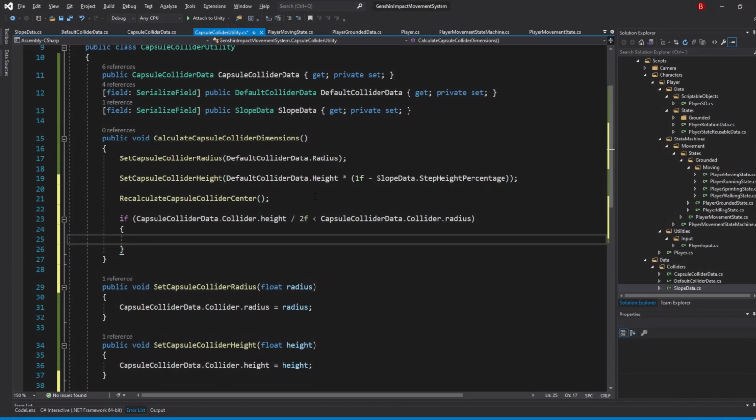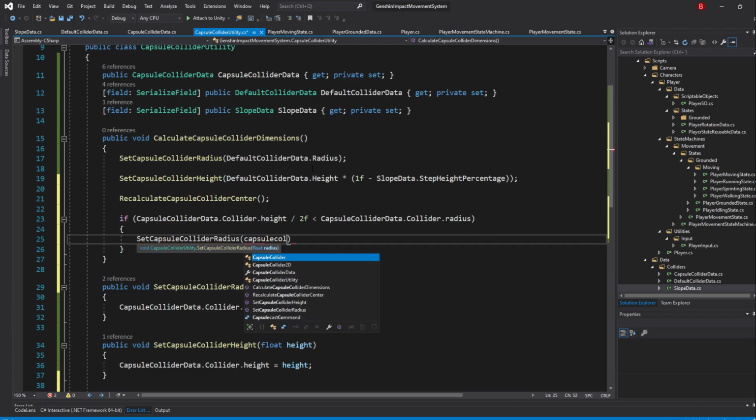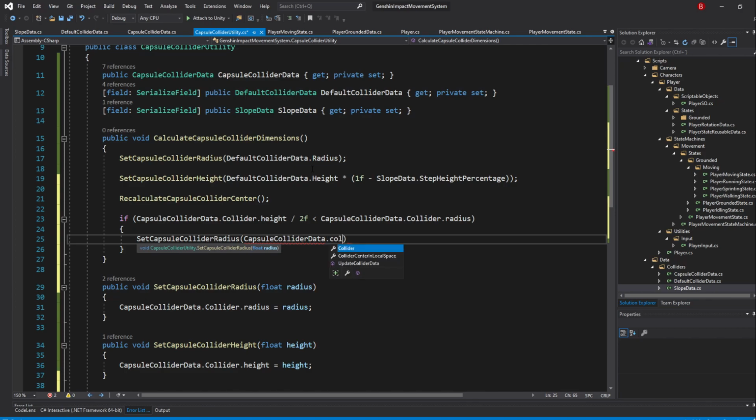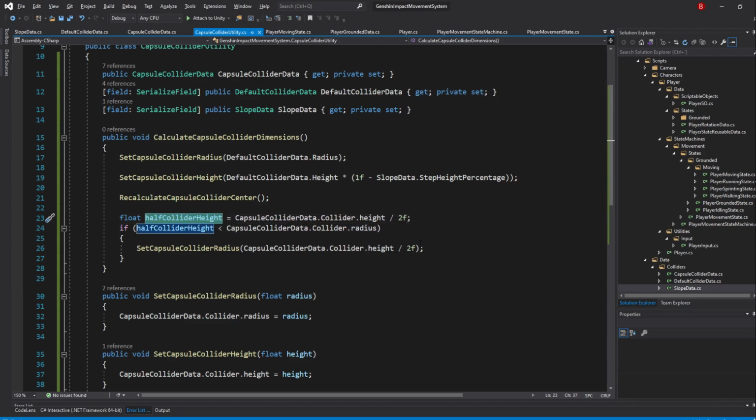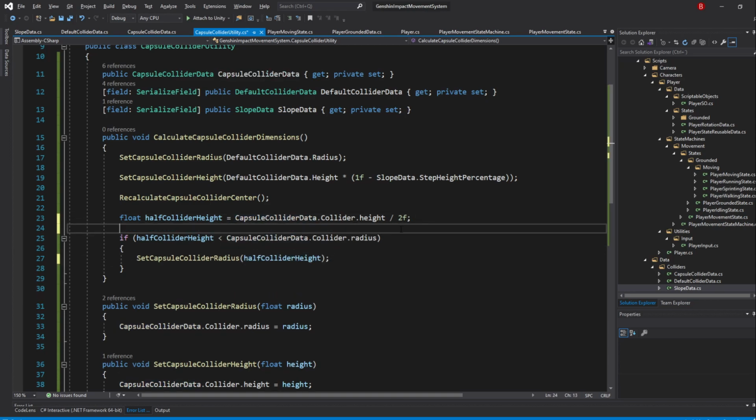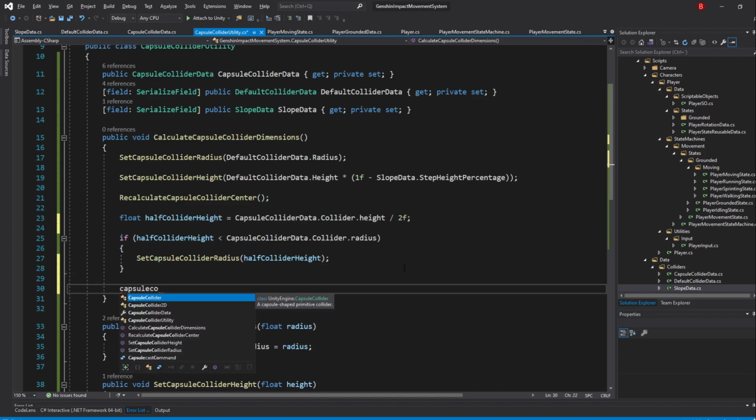To do that, type in SetColliderRadius and pass in CapsuleColliderData.Collider.Height divided by 2f. I'll also extract this half height into its own variable named halfColliderHeight and swap it in the method call as well. That fixes our problem, but we also can't forget that when we recalculate our center, we also need to cache our center in local space again. So call in